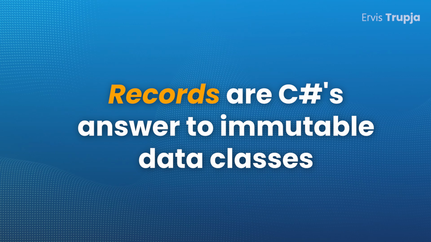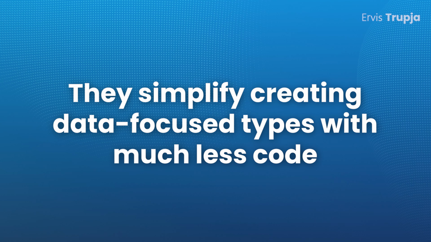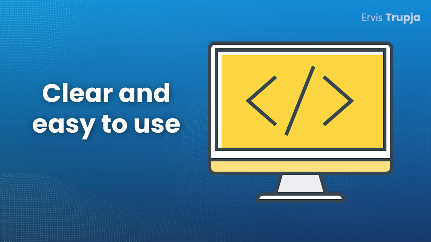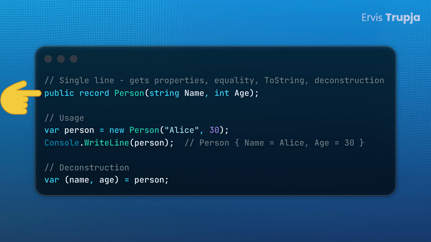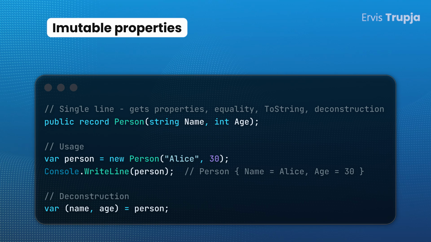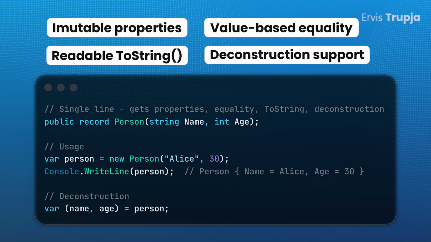Records in C# are immutable data classes. They simplify creating data-focused types with much less code while keeping them clear and easy to use. Define the records in C# concisely, which then automatically creates immutable properties, value-based equality, a readable toString method, and supports